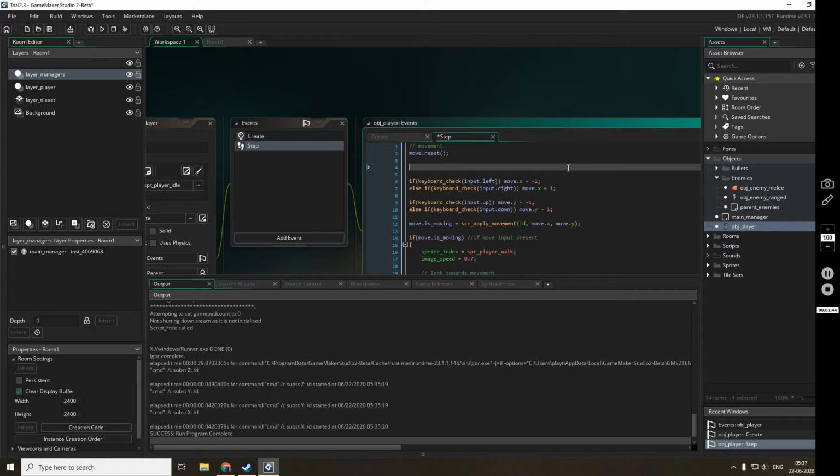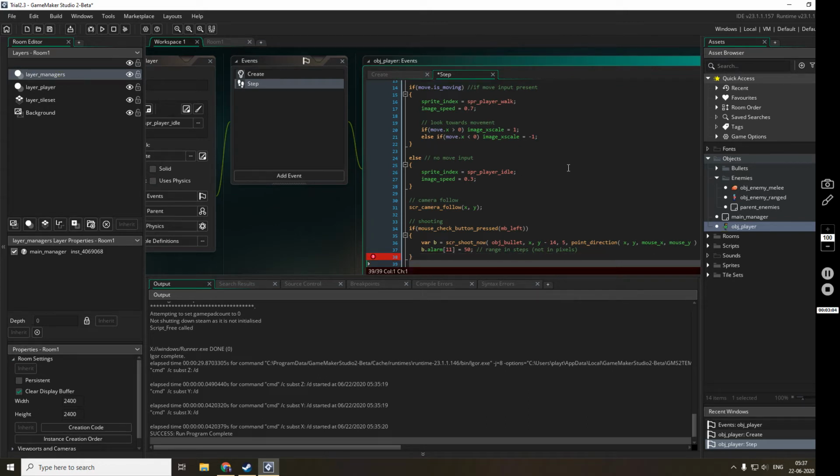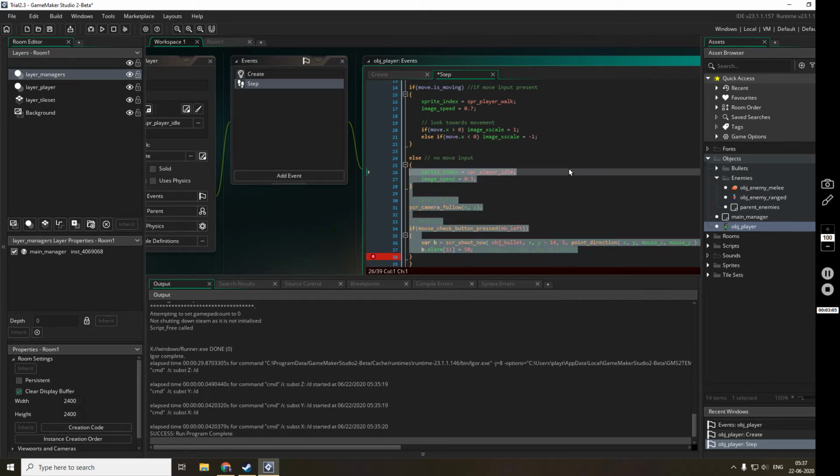But any other thing will be executed, all the inputs and everything will be valid only if we are in the walk state. So if state is equal to walk, all these things will be executed. Otherwise even shooting will not be executed.